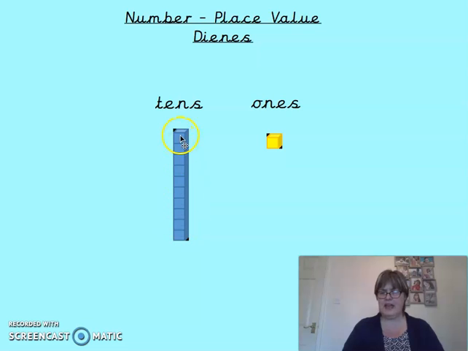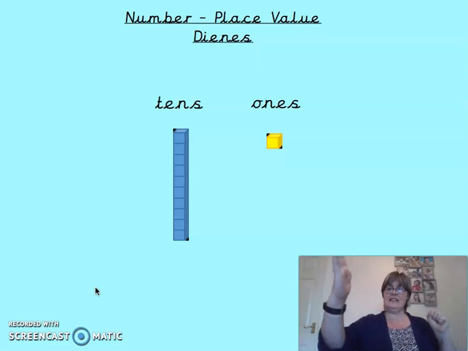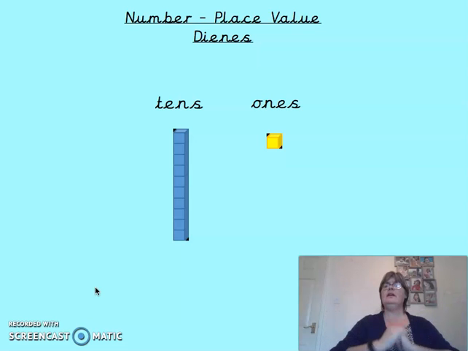This is a block of 10. And then another number in our ones column. So when our number gets bigger than 9, we have to move all our numbers over and have a 2-digit number. So we have to have a tens column and we have to have a ones column. Have a look at